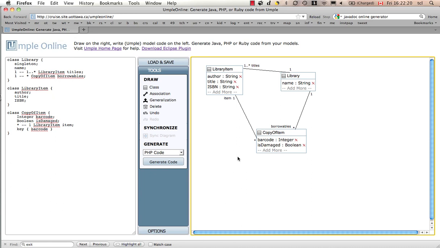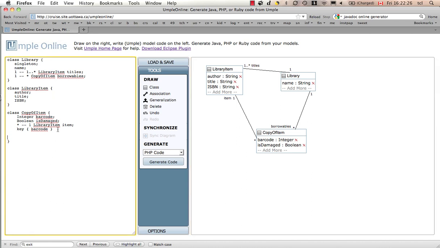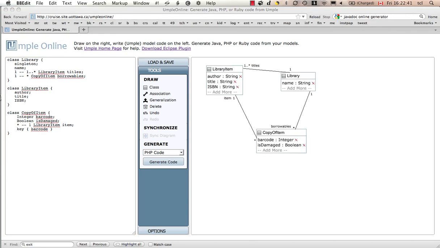Now let's add some more information about copies of items. I could go here and I could type some methods. I could type some more attributes, some more associations. But one of the things that is important to know about Umple is that it has what are called mix-ins. So I can take another class definition describing the same class, and in this case what I'm going to do